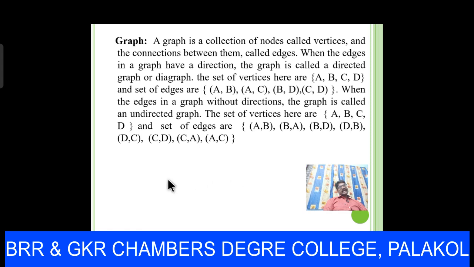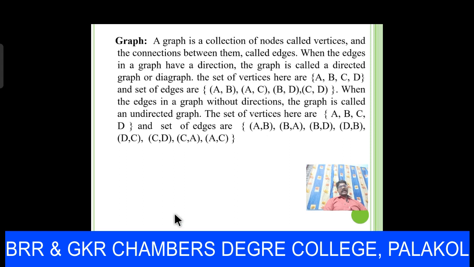If it has a direction, that is called a directed graph. The set of vertices here are A, B, C, D, and the corresponding edges are A to B, B to A, B to D or D to B, D to C, C to D, A to C. All these are the different edges of the graph.